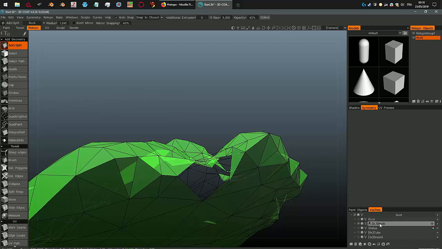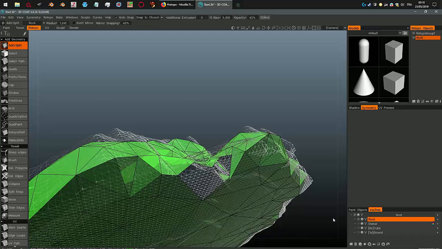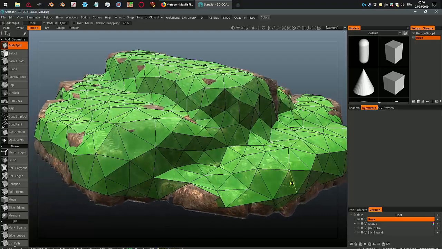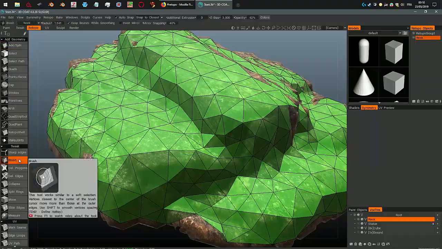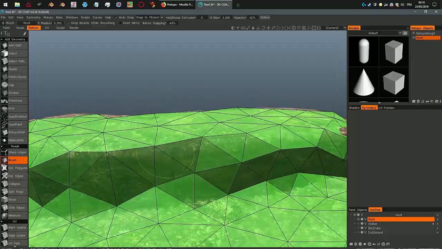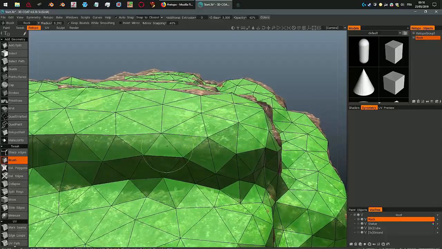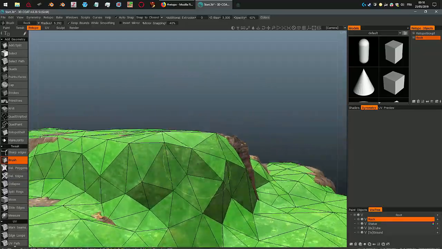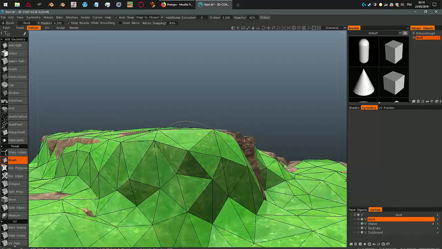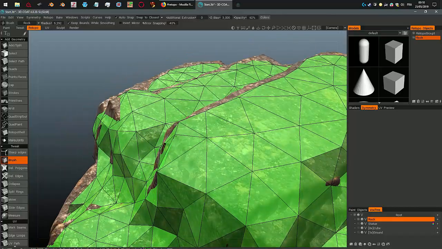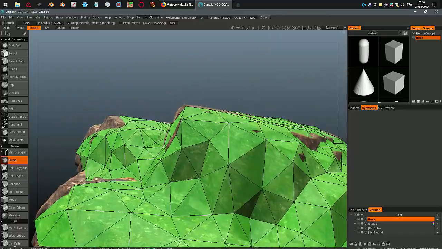Now here in the Vox tree I can delete that decimated rock and bring back the original, and now I'm going to use the brush to move things around to make it fit the original shape of the sculpt Better. So I rotate a lot around it to see what fits and what doesn't,